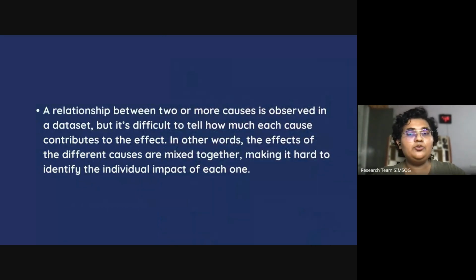A relationship between two or more causes is observed in a data set, but it is very difficult to tell how much the confounder contributes to the effect and how much the exposure that we are studying contributes to the outcome. In other words, there are a lot of different causes that are mixed together, and it is very difficult to identify the individual impact of each cause. This could be a bit confusing to understand,